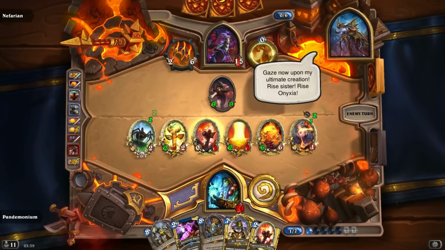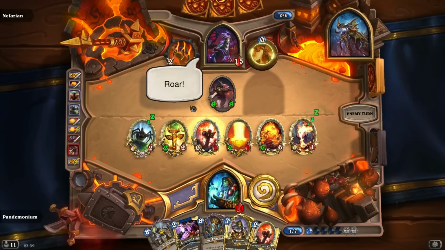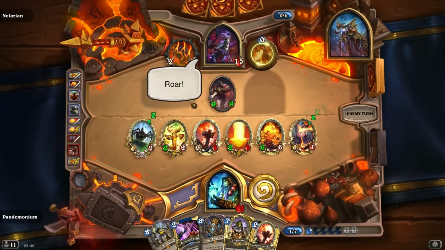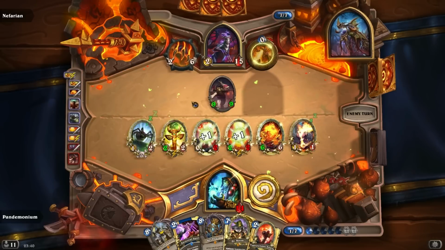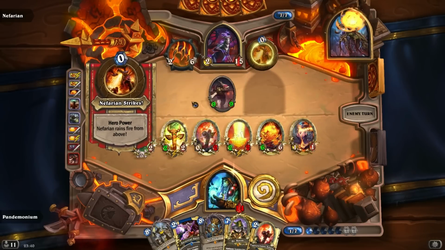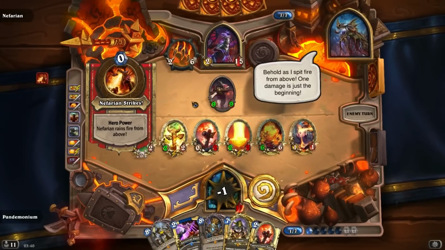Ah, yes. Rise, Onyxia. So Onyxia, the daughter of Deathwing, as you know, is dead in the lore, and obviously she's a card in Hearthstone. What Nefarian did in his laboratory...